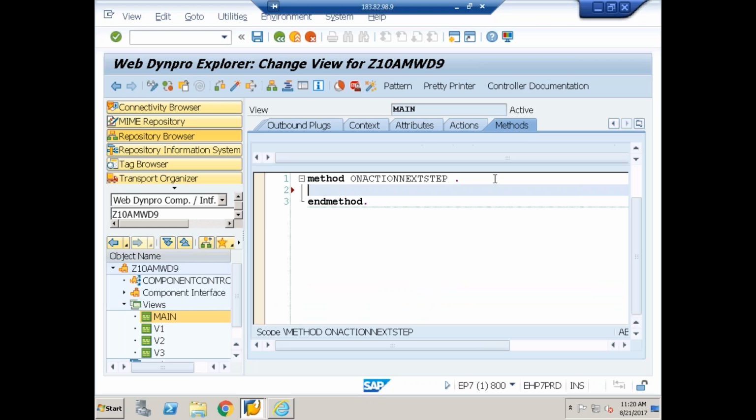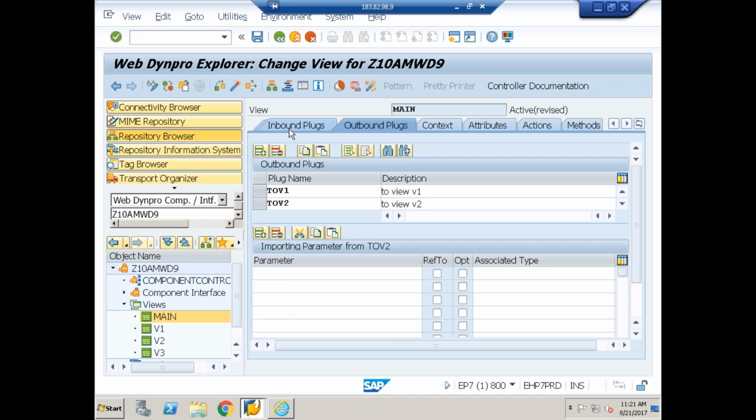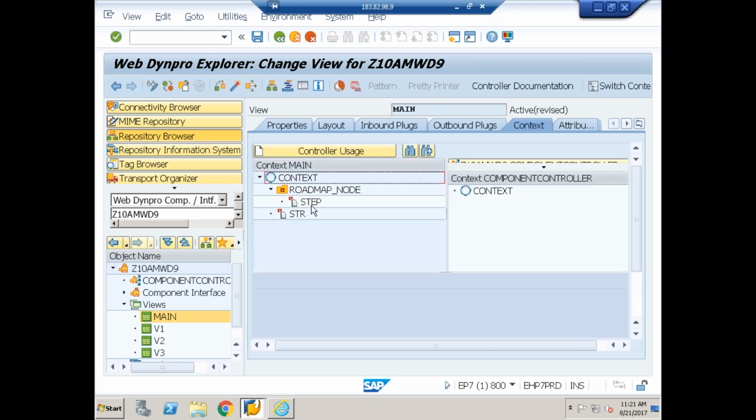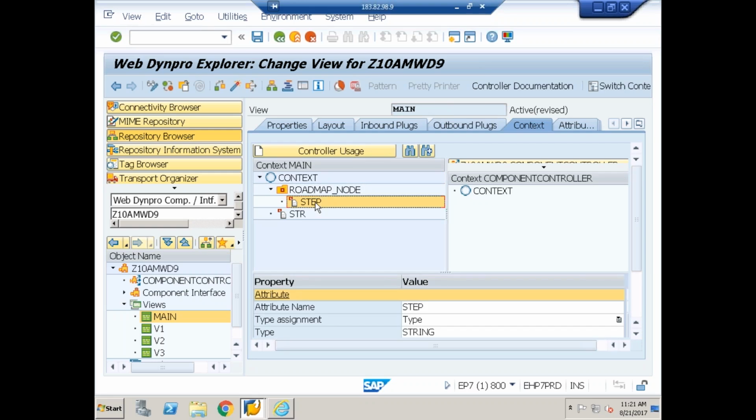If I click on the next button, I have to identify the currently selected step. Currently selected step means I need to refer to which property? Selected step. Bound with what attribute? Step. So I have to read the value of this attribute, right? If it is,